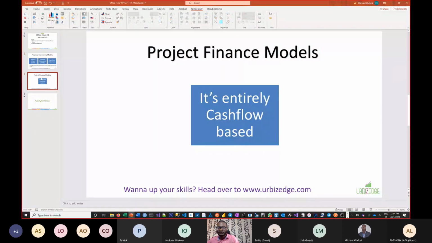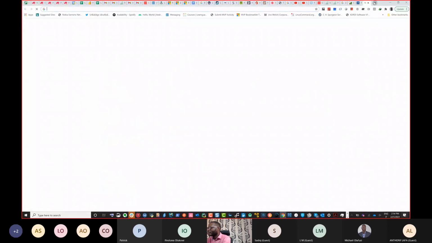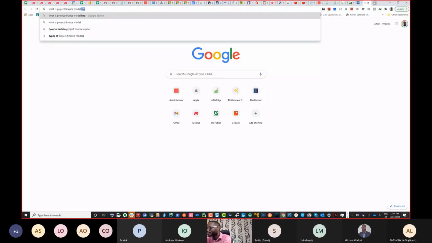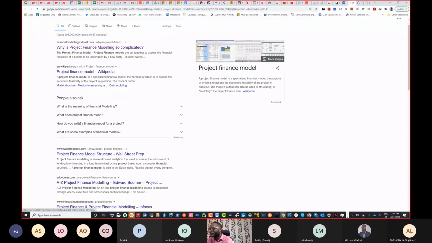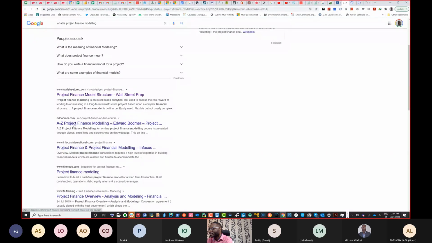What is a project finance model? Maybe so that as I'm explaining it, you will see some things on the screen. Okay, so let me just jump on Google and say, what is project finance? Let me even write it, modeling. Okay, as it is with me, I like to go to multiple answers at once. So I'm just going to randomly pick a couple of results, and let's see. I think